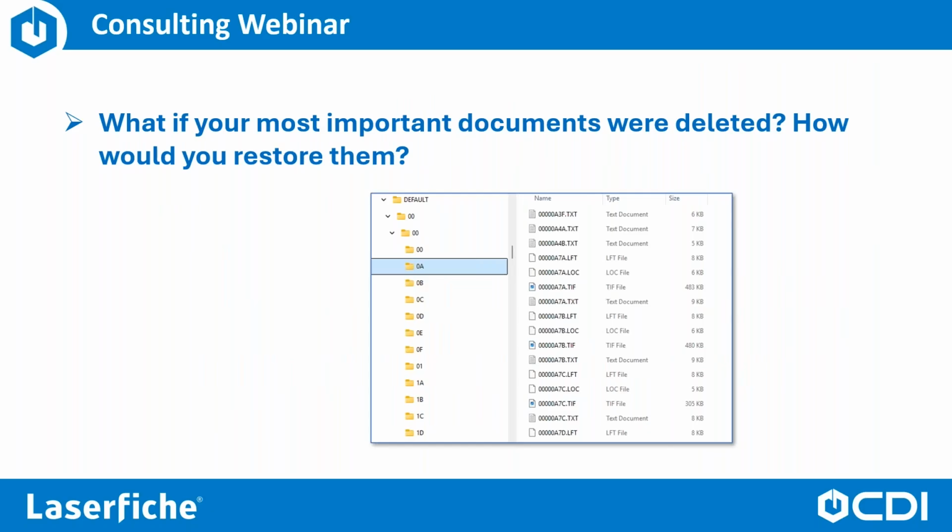What does a volume look like? Well, here's a screenshot of the volume path that gets created for all the files in the system. As you can see, you could have, for one document, several files per document. Laserfiche creates a very convoluted file path under those volumes. So if we're looking here at the default volume, it creates paths based on a hexadecimal numbering system and folder system. So as you can see, that's why it takes a lot longer to back up a volume than a SQL database, because there's just a lot more files and subfolders within there to get backed up.